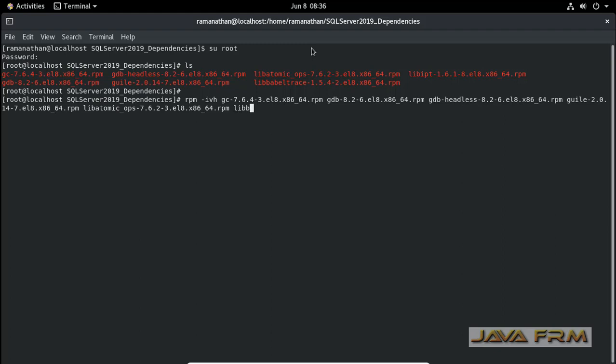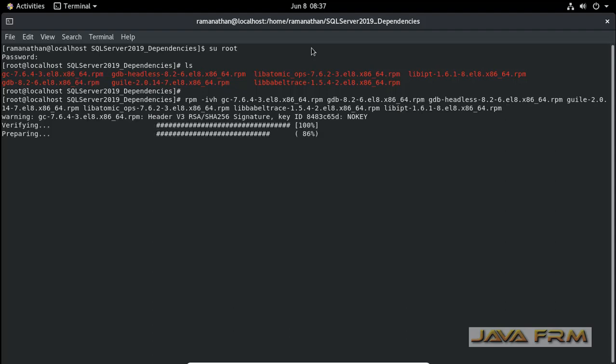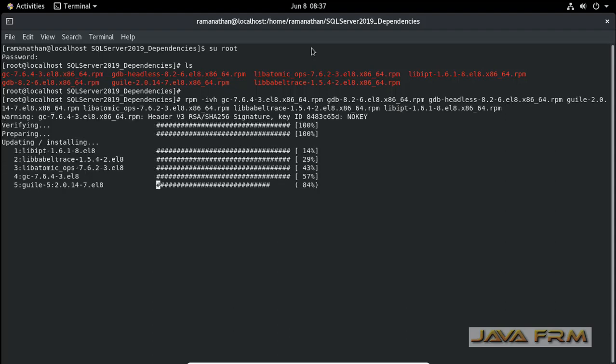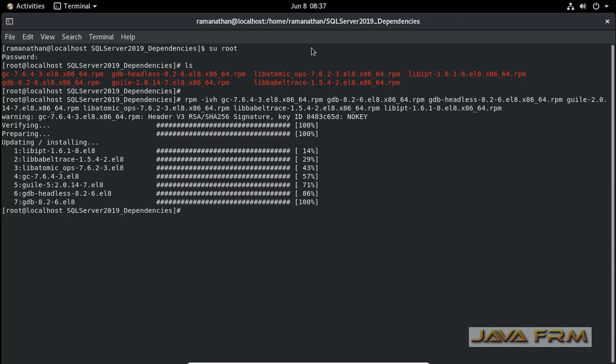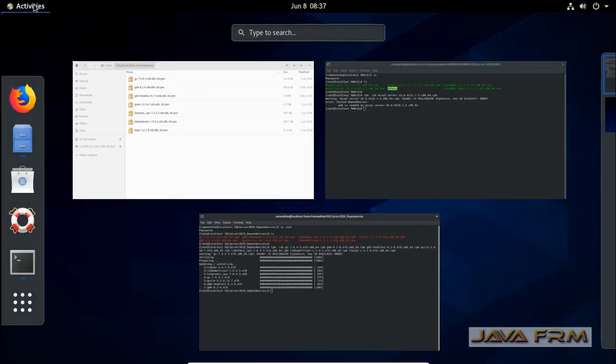All these RPM packages are available in the DVD itself, the CentOS 8.1 DVD ISO file, so no need to download from an external website. Yes, the dependent packages got installed.